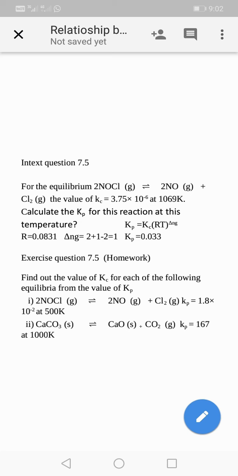So in exercise question 7.5, the first one is 2 NOCl reversibly gives 2 NO and Cl2, same equation, but the values are different, so that you can find out the value using that same equation. Then calcium carbonate solid reversibly gives calcium oxide solid plus carbon dioxide gas. Okay, so in this case only one gas is present. Both calcium carbonate and calcium oxide are solid, so they won't be considered in the calculation of delta Ng